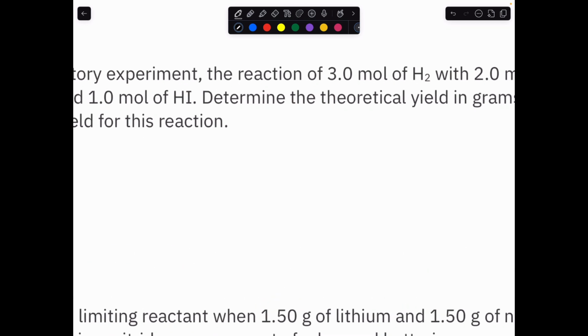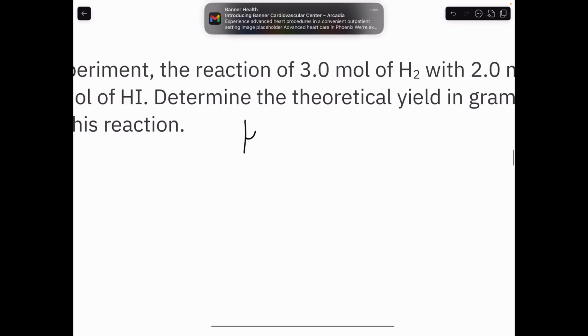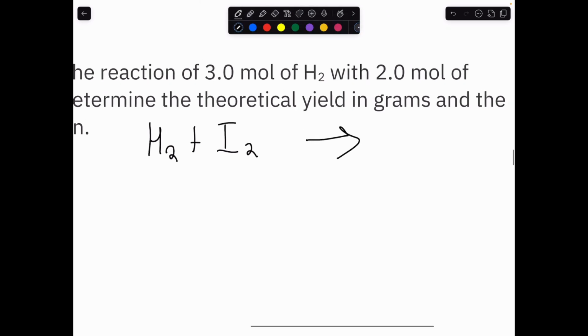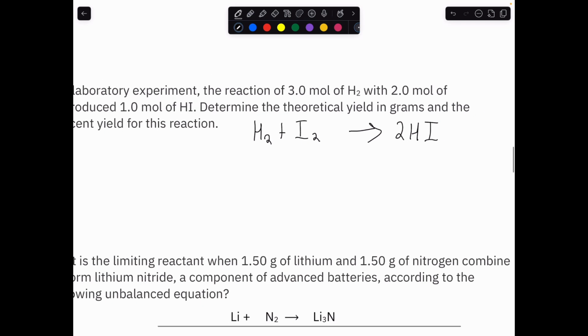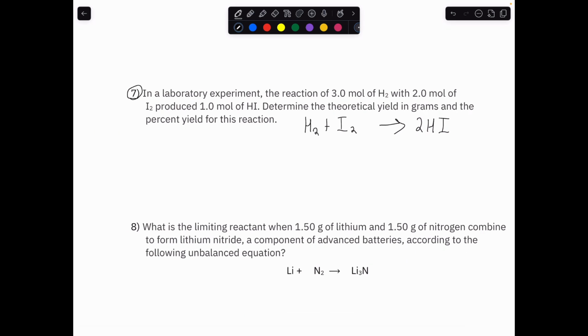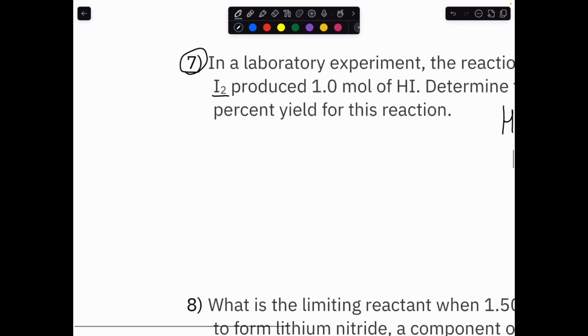So I'm going to write out, we know we have H2, we know we have I2, and we know that produces HI. And from that, we know that to balance this equation, we just need a 2 right here. So it's a simple equation, but it's definitely something you have to write out really quick. We know that there's 3 moles of H2, and we know that there's 2 moles of I2. And so for 3 moles,